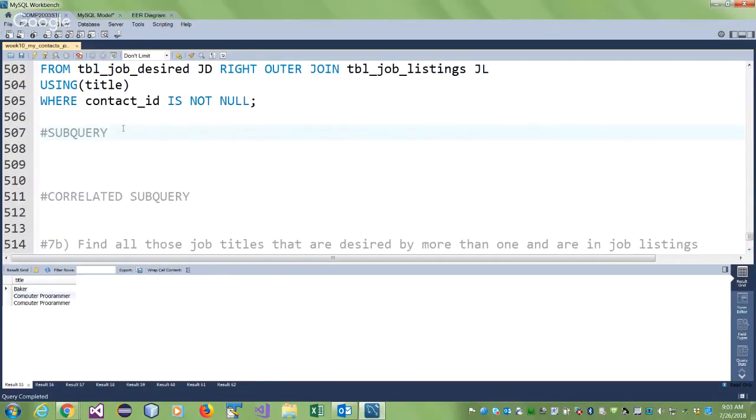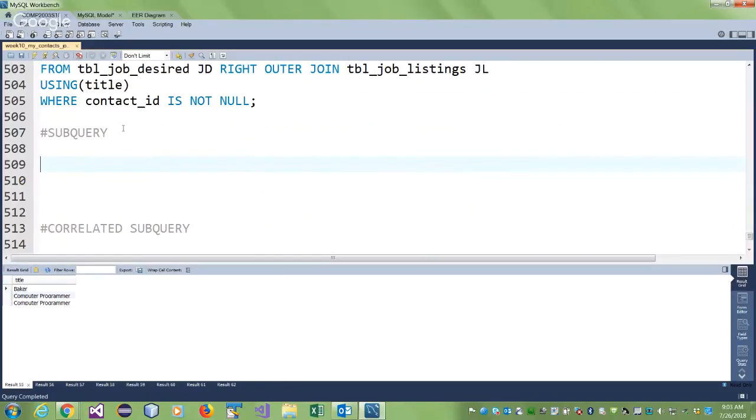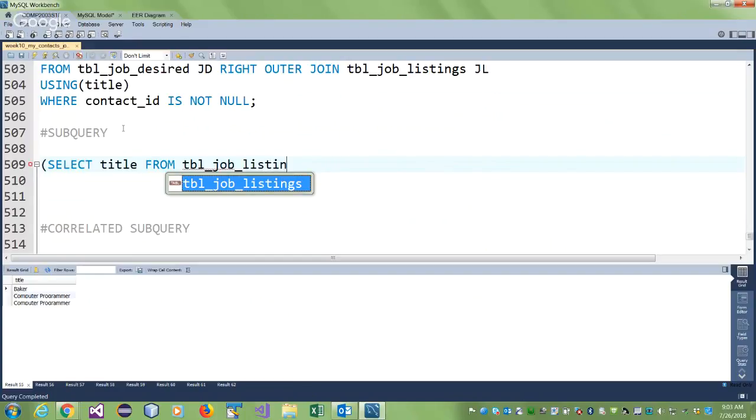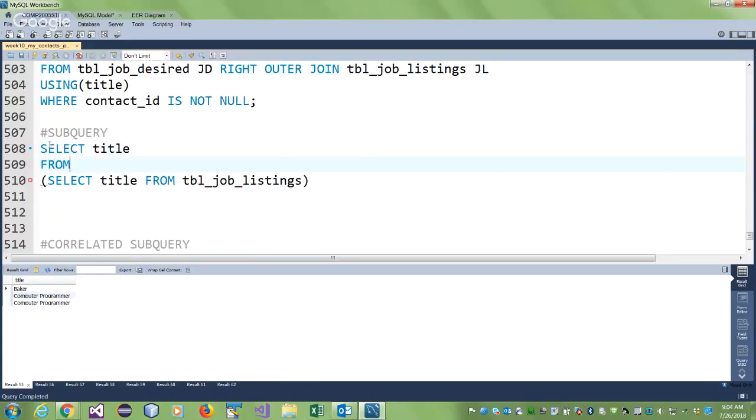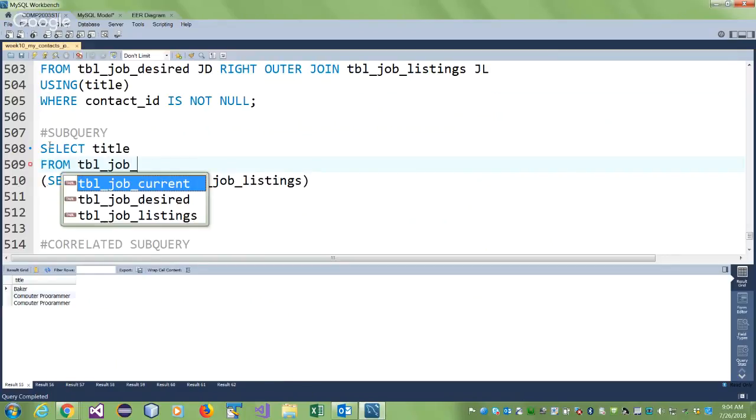Let's now do it using a subquery. So we are interested in those titles that are here and here. Okay, so let's find out what is here first. So select title from table job listings. These are all the titles in job listings. Right? Now, what do I want? I want to select the title from the table job desired